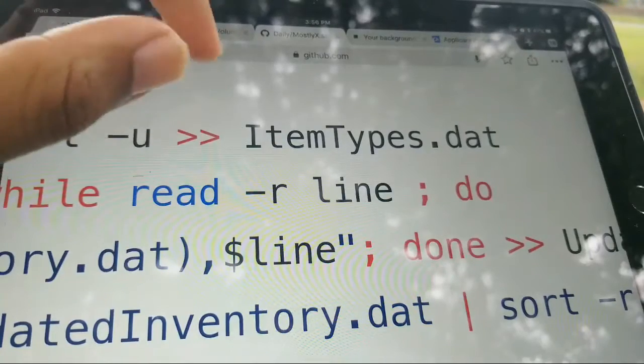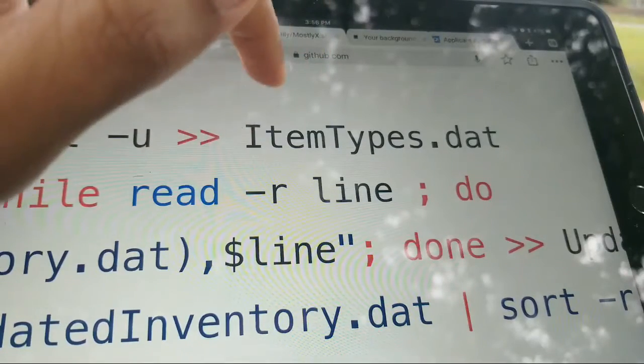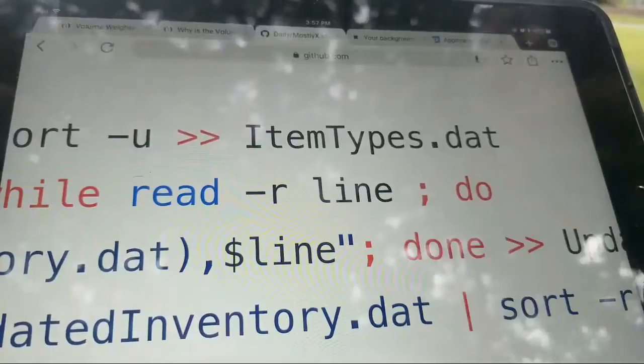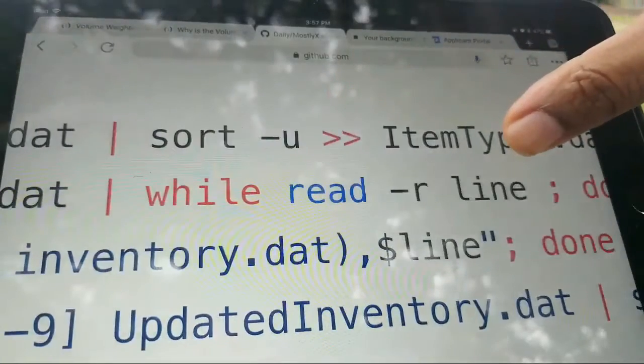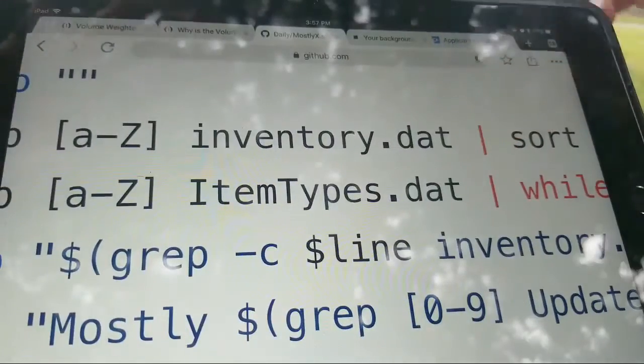So you just created another file called item types, which has only the unique item names. Instead of a whole bunch of redundant data, it's just going to say car, bike, 2 lines. The number of rows in this file is going to be equivalent to the number of different item types that you have. So now we have a file with just the item types in it, and before we had a list of all the inventory items. So now after we do that, we again search,